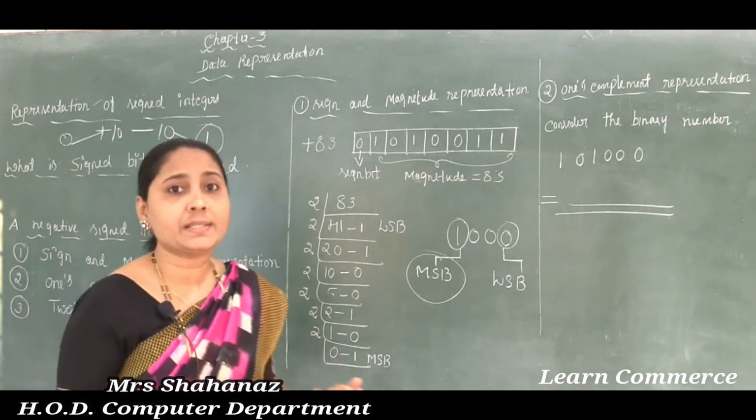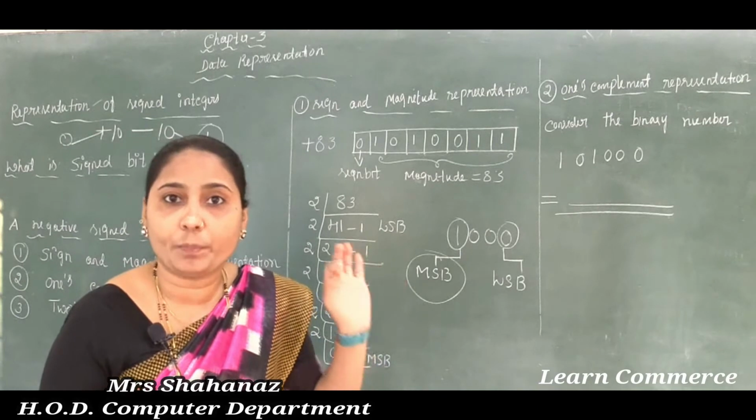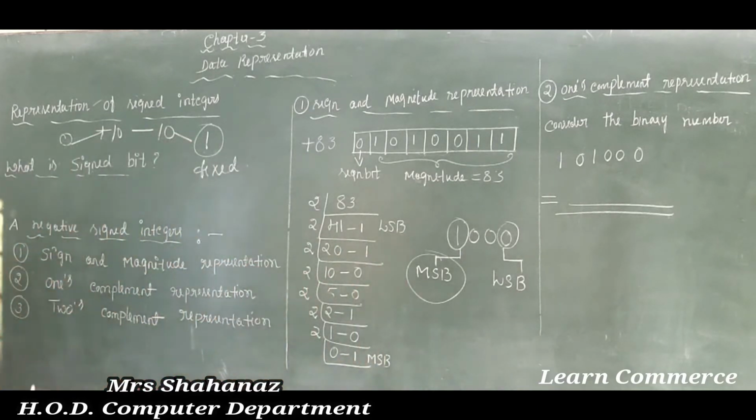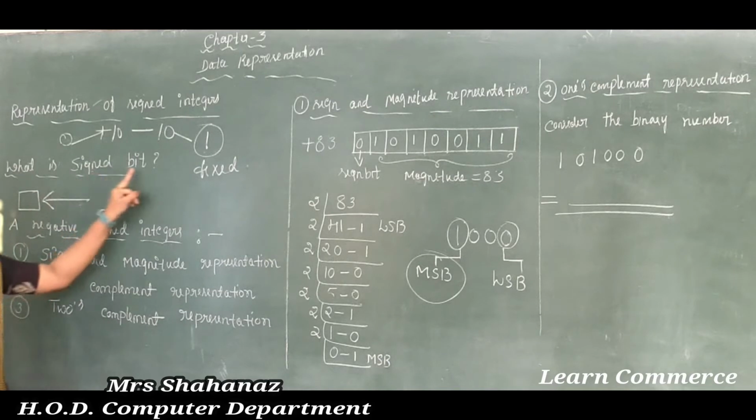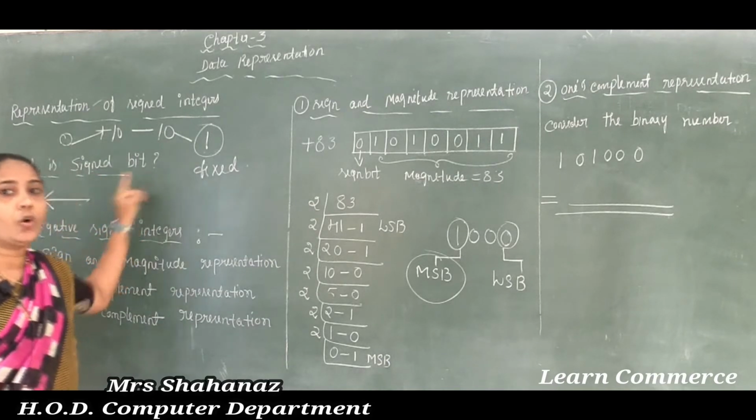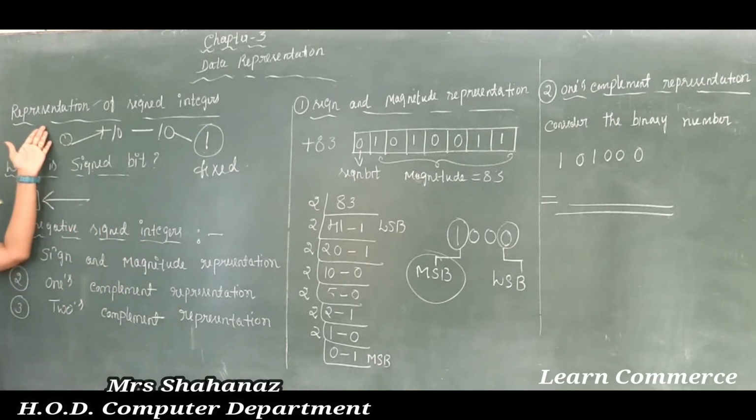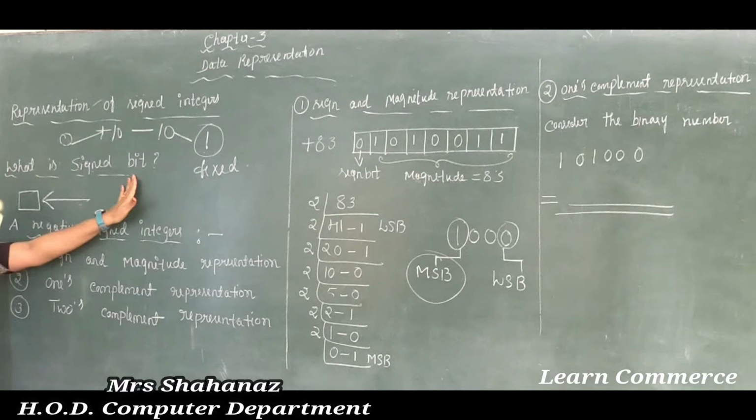The sign bit means adding the leftmost bit to the number, so such a sign bit is going to be added here. Clear this one? It is our left side, so the sign bit is going to be added here, and such a bit is called the sign bit. Okay, now after completing the representation of signed integers, positive or negative, and after knowing the meaning of the sign bit, now we'll go for the next concept.